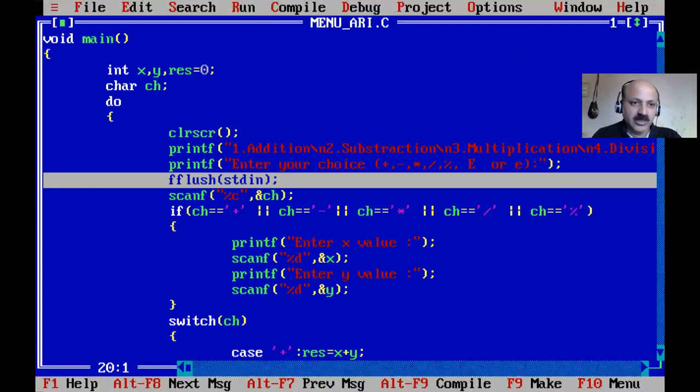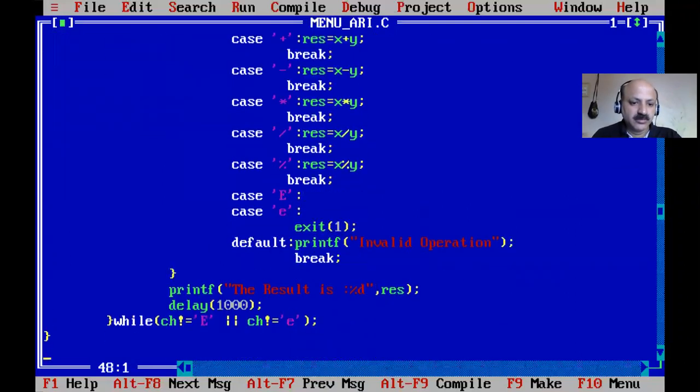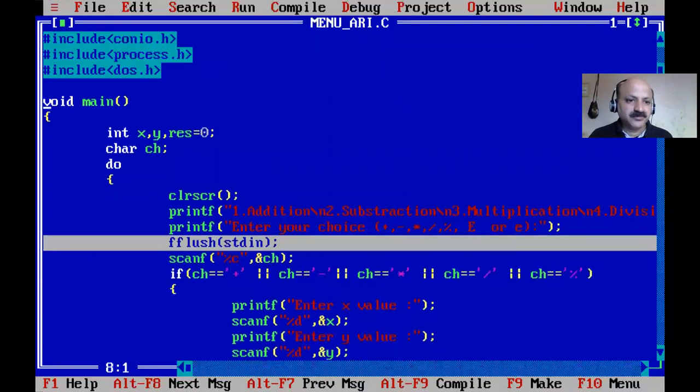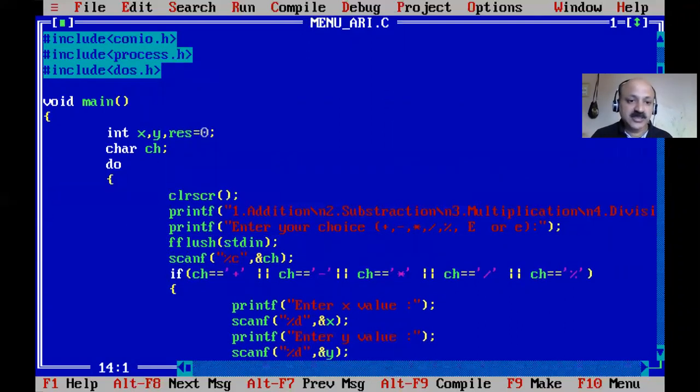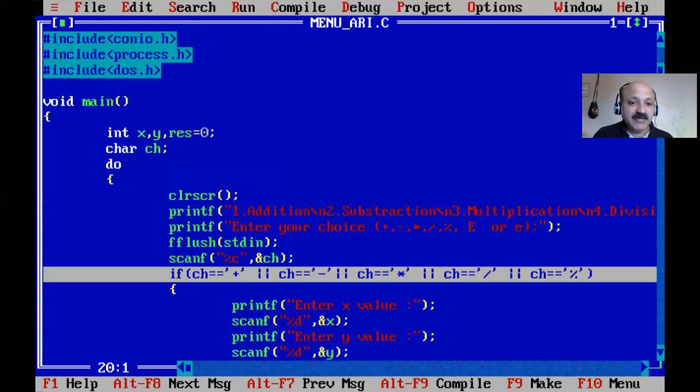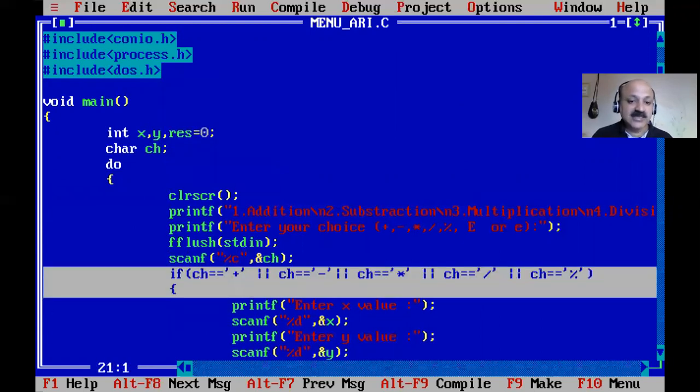Okay, and first we use getch here. Let me summarize. Then here we can repeat the solution again and again. Clear screen is there, and at exit time we can handle the gets asking for the x and y values.